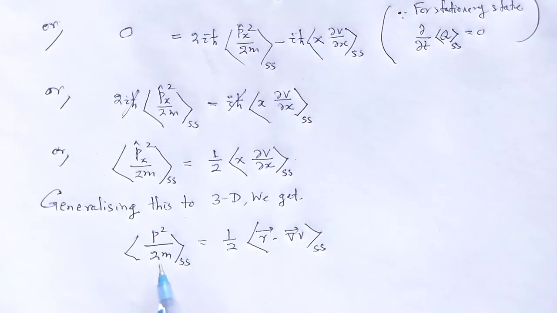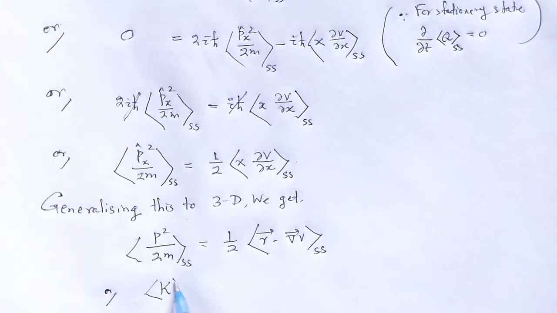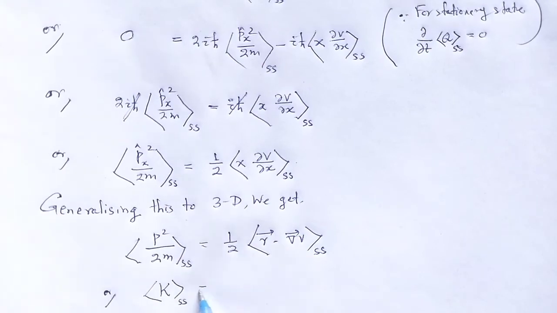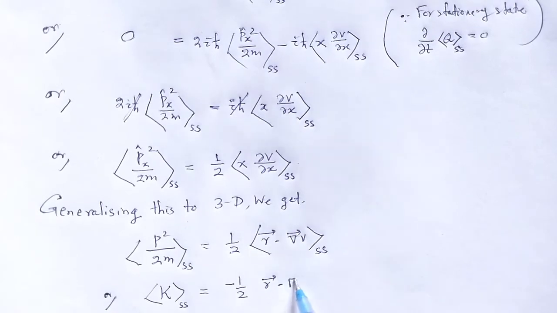This factor is known as the kinetic energy term, that is k expectation at stationary state is equal to minus half r dot f